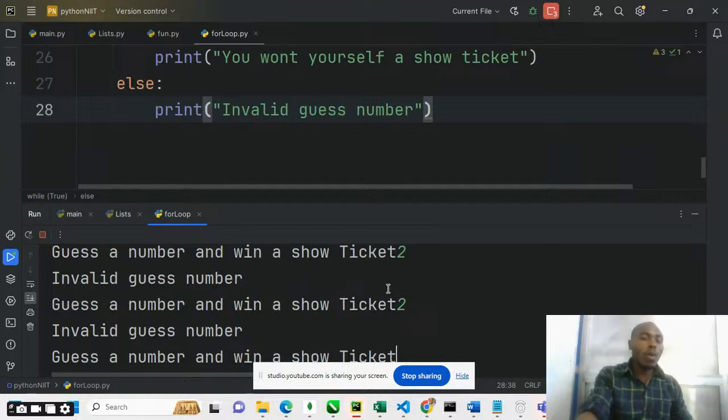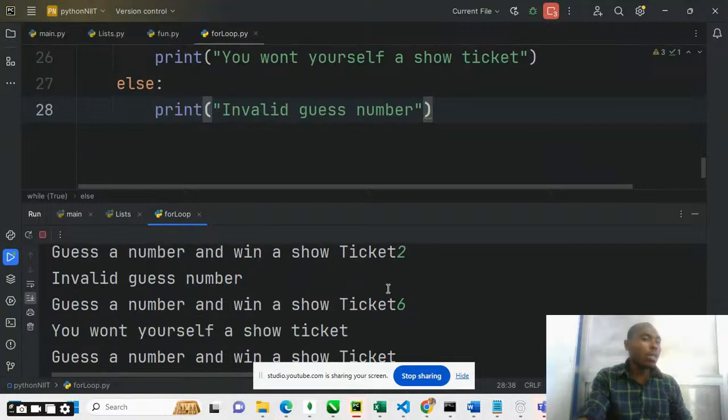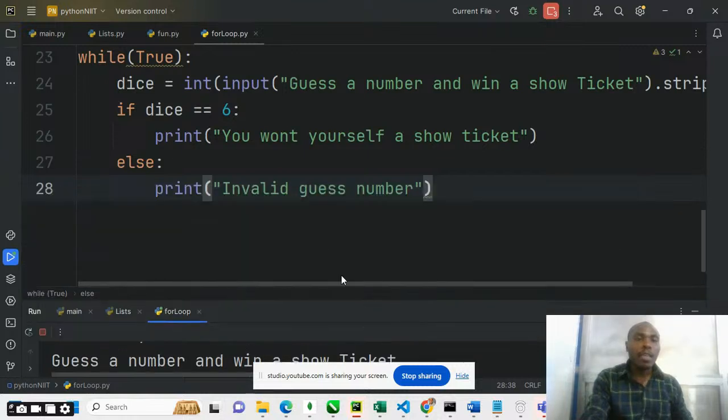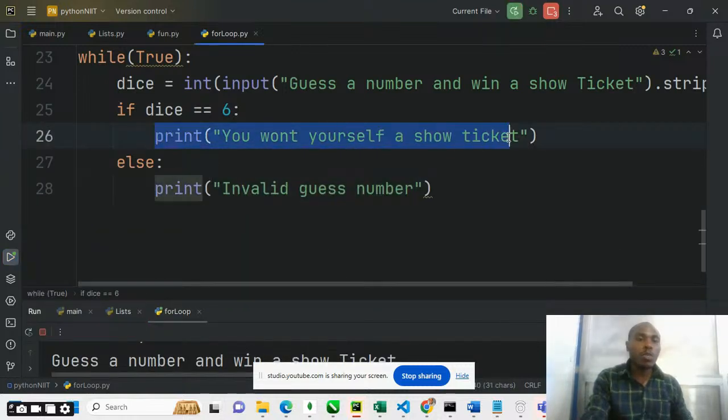So what if you guess correctly? What if you type 9? What did you observe, please? So when you type 6, what do you observe? Then it continued. You know what caused that continuation, right? It's because there was no break to stop it, to say that you've won. So that's where break comes in. Which means that we are supposed to come after this print. After this print, when you have successfully guessed rightly, then you have to come